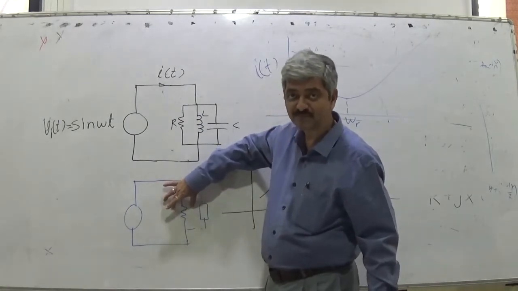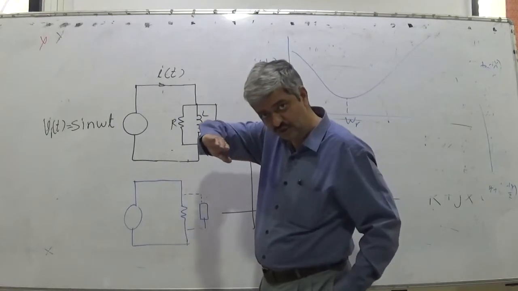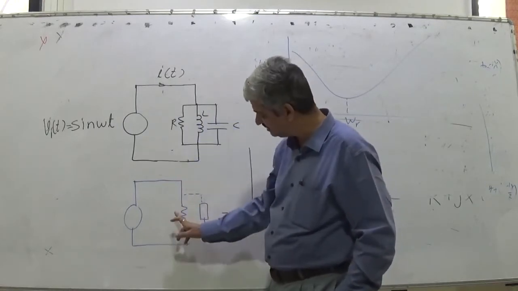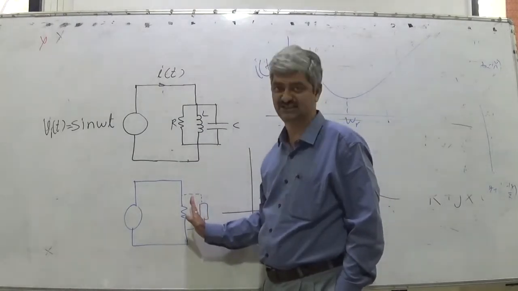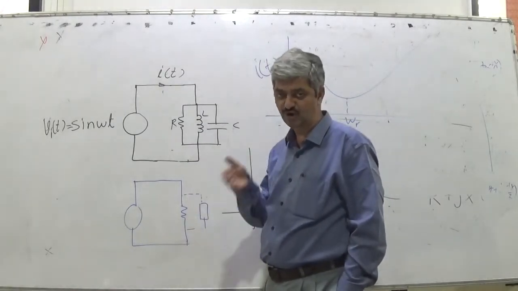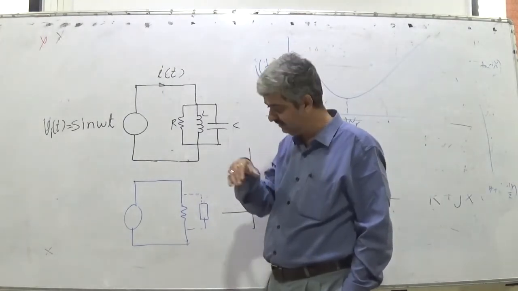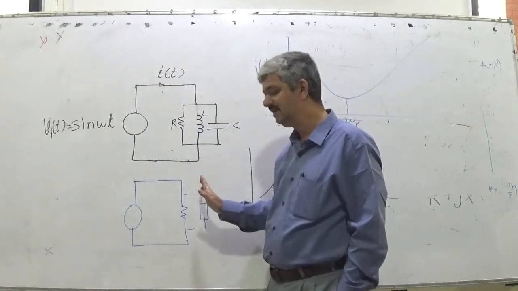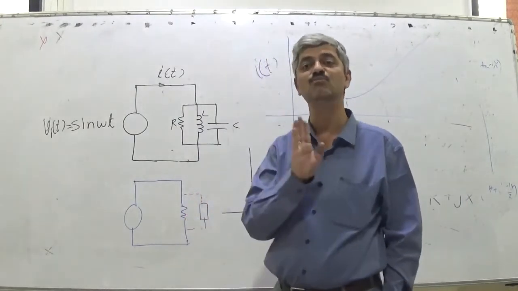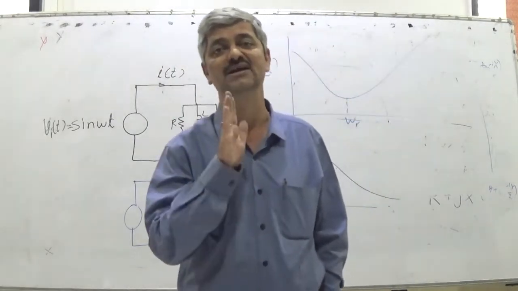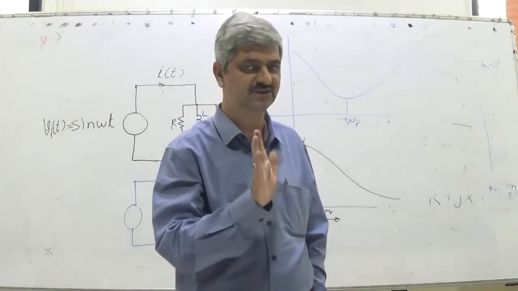So impedance is maximum. At non-resonant frequencies, this R comes in parallel, so impedance reduces. Impedance of R and something finite in parallel is less. At resonance it is infinite, so it is more. So impedance is more at resonance, so current is less at resonance for an RLC parallel circuit. So this is very simple.